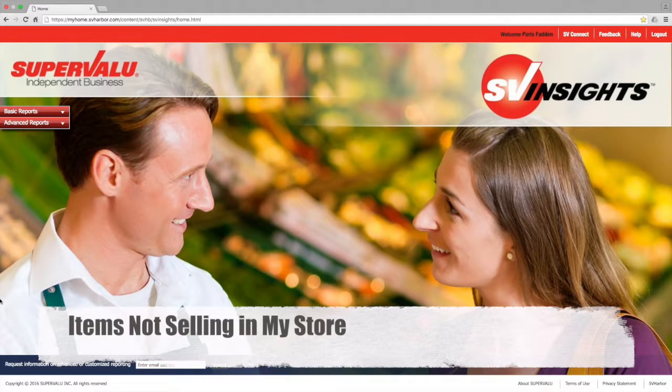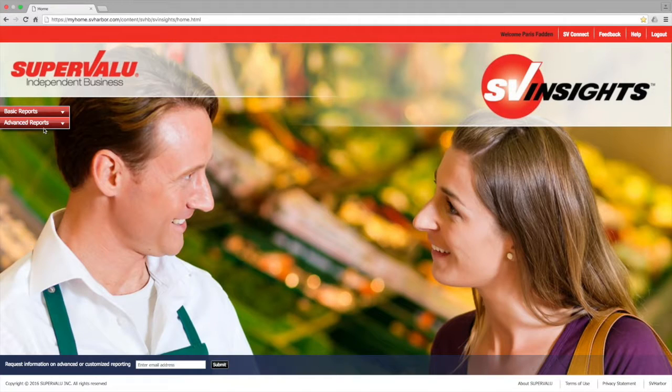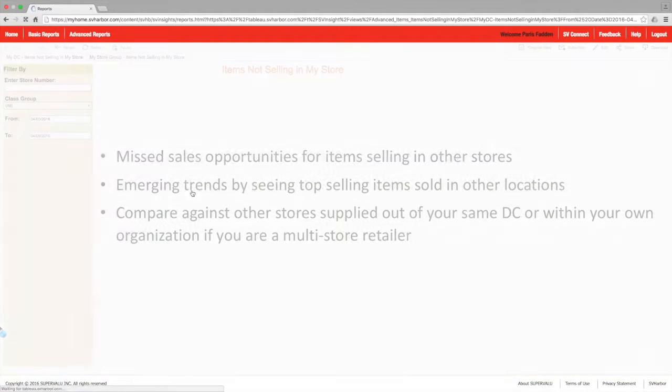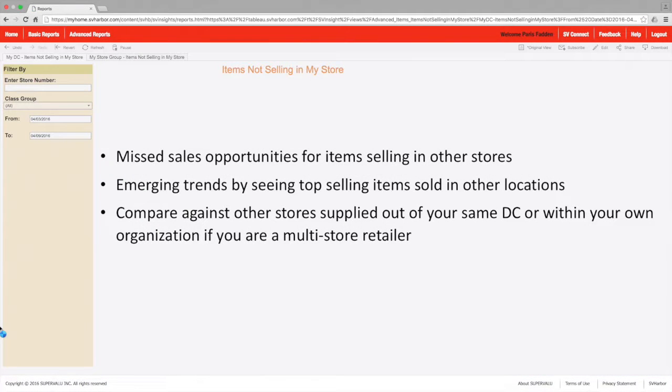In this tutorial, we're going to review the Items Not Selling in My Store report. This report is located under Advanced, then Items, then from here you will select Items Not Selling in My Store. This is a potential void report that allows you to explore missed sales opportunities for items selling in other stores,